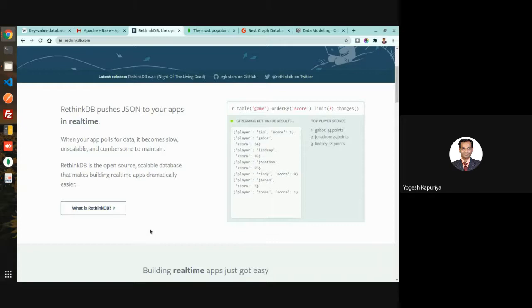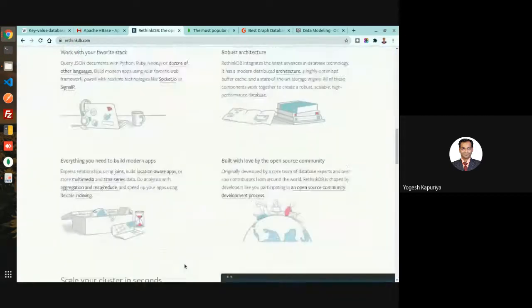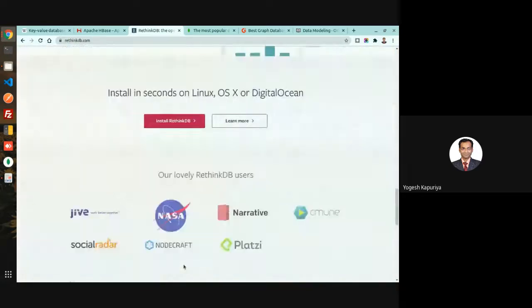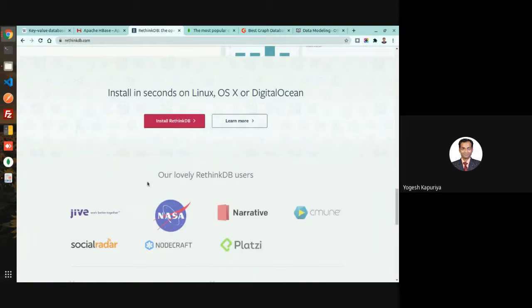So you change it at one place, and that will be easily integrated with the others. So Firebase is one of them, but again, Firebase is a proprietary product. So if you don't want to spend on it, then you can use this as well. This is also a document-oriented database. Also, even NASA is using this.